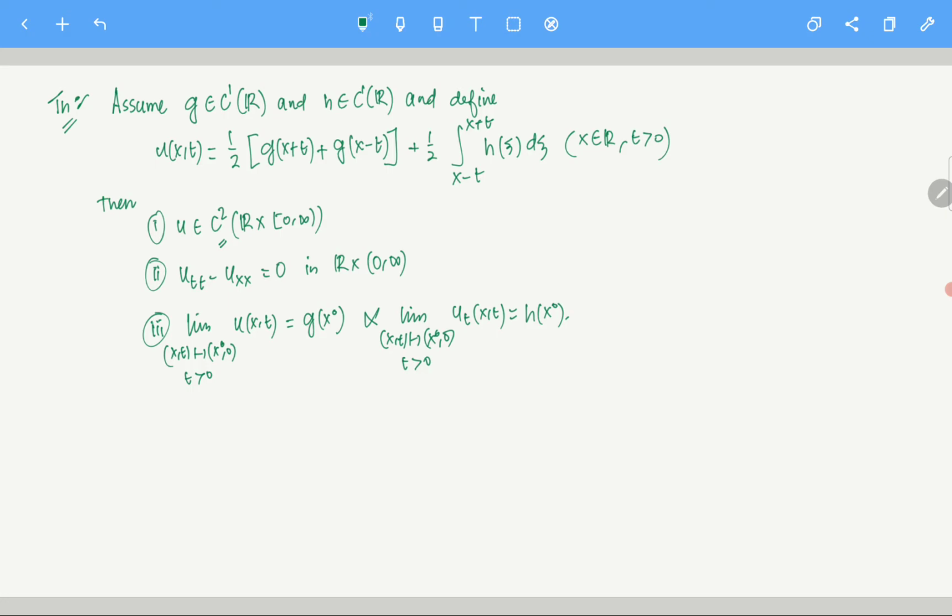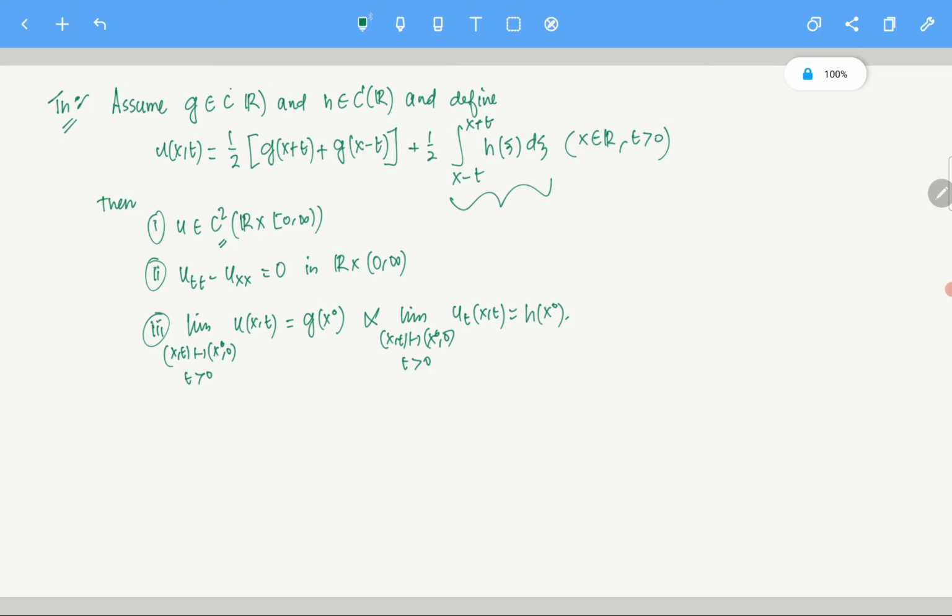Yeah, so this is the theorem. We are not going to prove this theorem. There is nothing to prove. u is of course C2, that's quite clear, right? h is C1, so you are taking the integral of a C1 function, that's going to be C2, right? And g is given to be C1, right? So okay, I have to take g to be C2. One second. Because you see, u has to be C2 in time and space, right? So every component has to be C2. This component is already C2. h is C1, the integral is C2. This has to be C2. I'm sorry about it. This has to change a little bit.